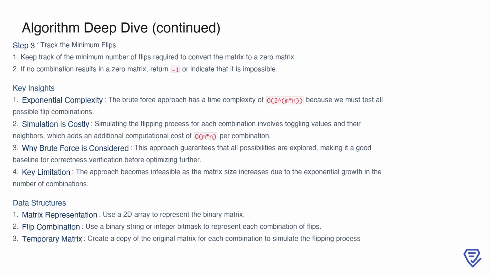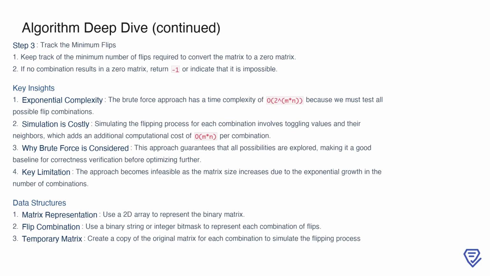However, this brute force method has significant drawbacks. First, the time complexity is exponential, O(2^(m*n)), because we must evaluate every possible combination. Additionally, simulating the flipping process for each combination adds further computational cost of O(m*n) per combination, as we must traverse the matrix and apply the flipping logic. Despite these inefficiencies, brute force ensures correctness by exploring all possibilities and serves as a baseline before moving to more